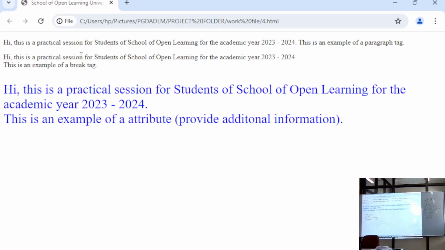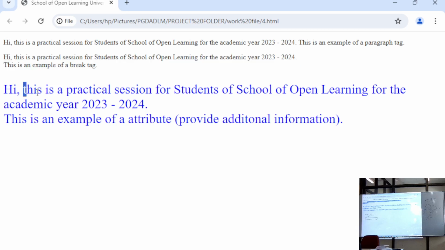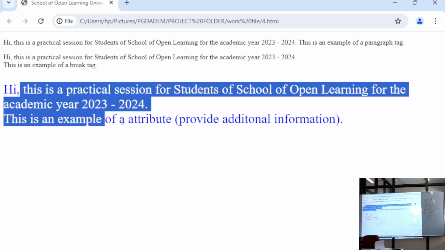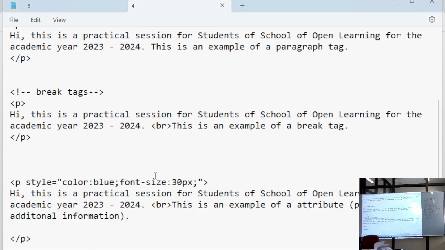Here you can find the first line is without br tag, the second is paragraph with br tag, and the third one is with the attributes of the paragraph tag. The attributes we gave are color blue and size 30 pixel. Based upon that, the color has changed and the size of the font also changed. If you want to change the color, you have to go back here and edit it. If I make this blue into red,